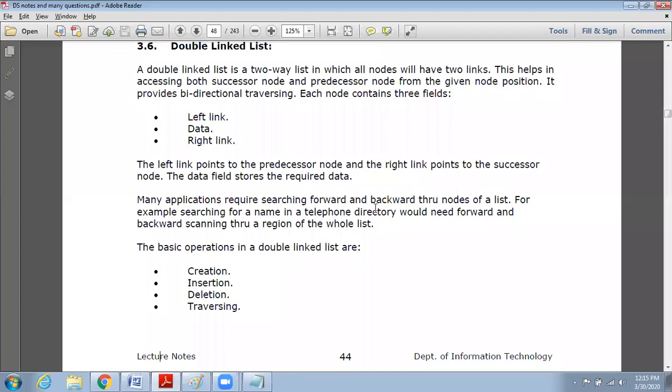Class, we have seen singly linked list. I told you there are many types of linked list: singly linked list, doubly, and circular linked list. Yesterday we saw a few operations of singly linked list: how we can create a node, the structure definition, how we can create a number of nodes, how I can insert at the beginning, how I can insert at the end, how I can insert a node in between. In the same way, you can delete a node at any position.